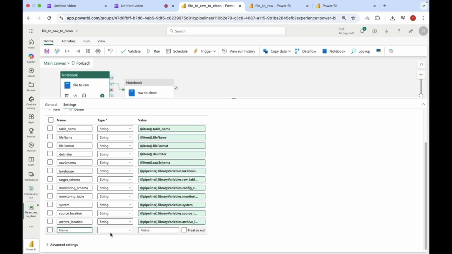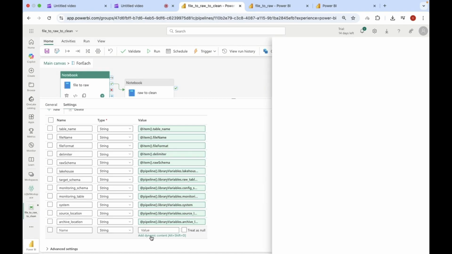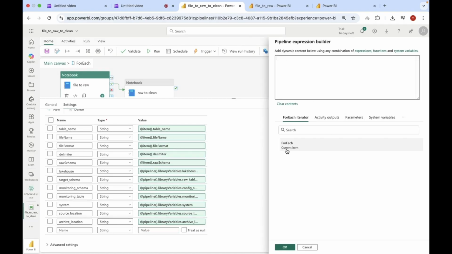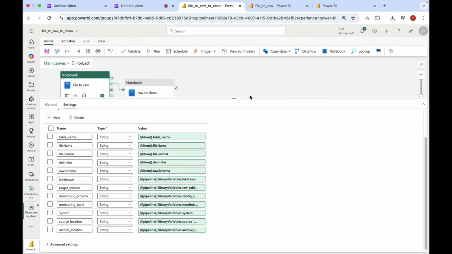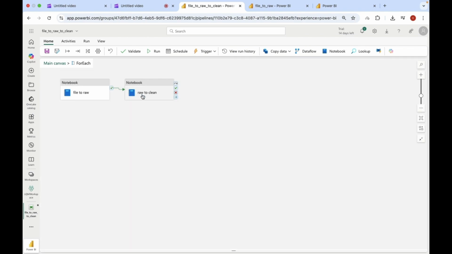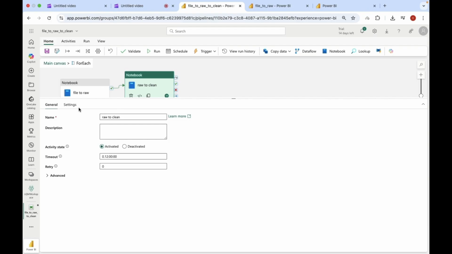Then just give the name and select the type, and then you can click on add dynamic content, and you can either choose from your for each or from library variables, and then select this particular variable which we have created in the pipeline. Now let me delete this, and then we'll go to the route to clean notebook which I have created,